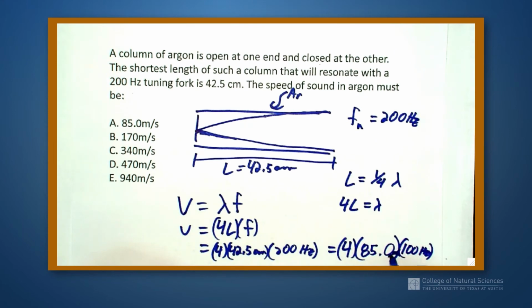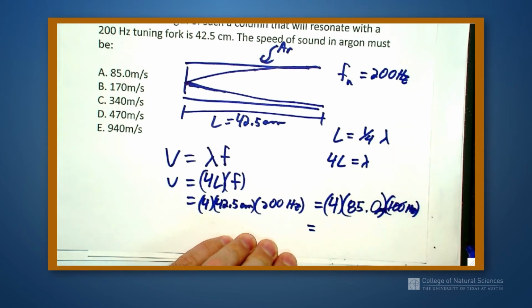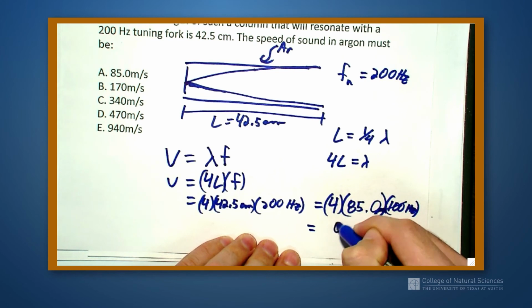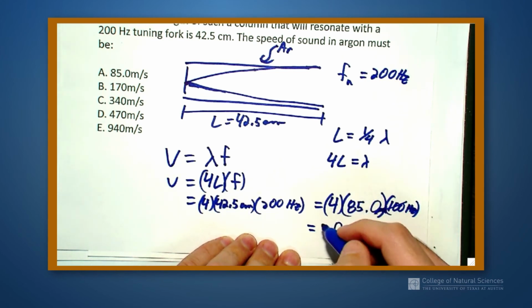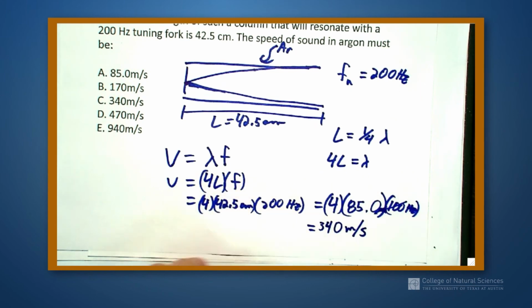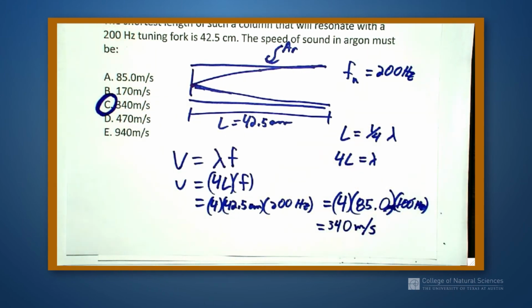So the centimeters and the 100 will cancel off when I convert to meters. So this is going to be equal to 85 times 4. So 4 times 85 is going to be 0, carry my 2. 4 times 8 is going to be 32. So 340 meters per second. So I come up with the speed of sound in this problem for argon is going to be 340 meters per second,